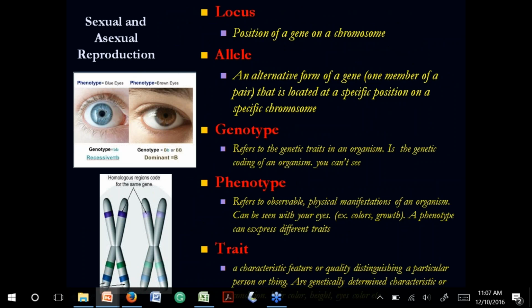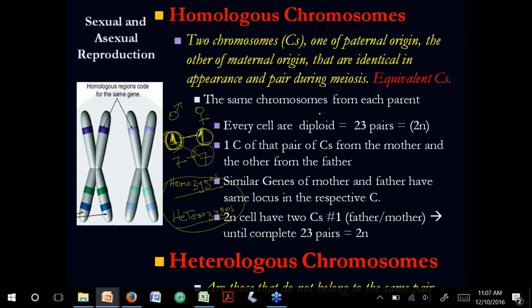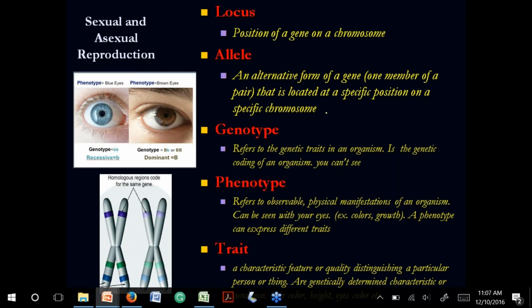All right, locus is the location, and allele. So again, let's see here. If we have a chromosome here, and we have another chromosome here. So this is the color of the hair of the father. This is the color of the hair of the mother. I didn't put it here, I didn't put it here, I put it here. Equally equivalent from father and mother.